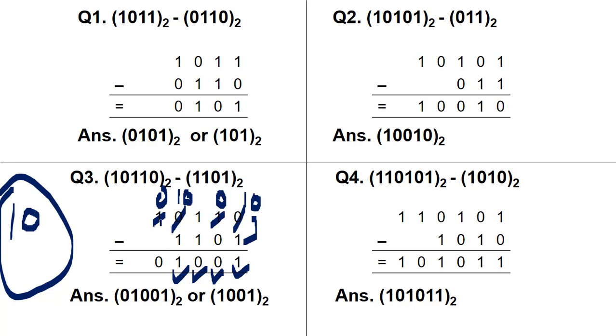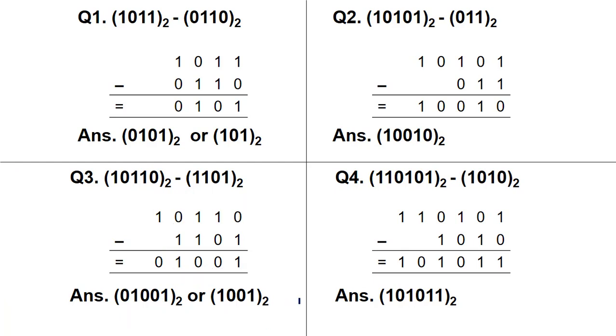Now in the last step we have the 0 left. So we can note down the 0 over this side, or you can also skip this 0. Fine. So our final answer will be 01001, or we can also write it as 1001 with a base of 2. Okay. Now let's move to our last question.